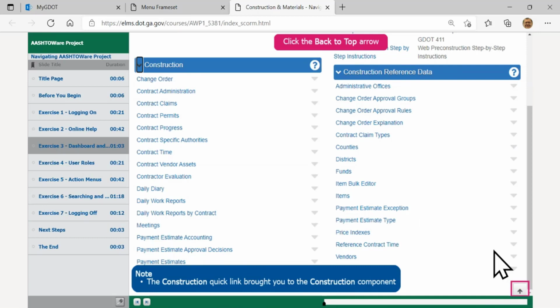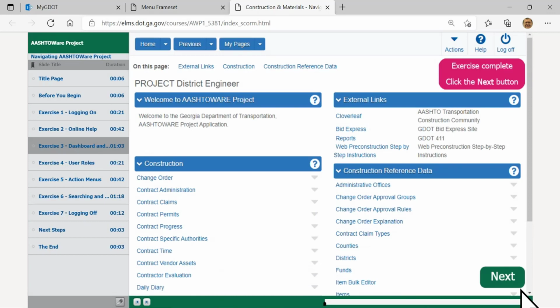To get back to the top, in the lower right-hand corner is a back to top arrow. You can also use the scroll bar in the live environment to scroll up, but just go ahead and click on the little arrow down there with the magenta box on it, our back to top arrow, and that takes us back. And you'll see we're back here. We can see our menu bar up at the top and our other tools to work with. So that completes your dashboard and menu items. There's also the action menus that we're going to cover in just a moment. We've already covered the help, and as I said, we'll finish off with the log off in just a moment. Go ahead and click on next.